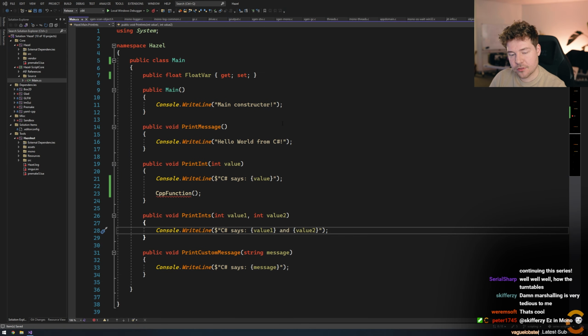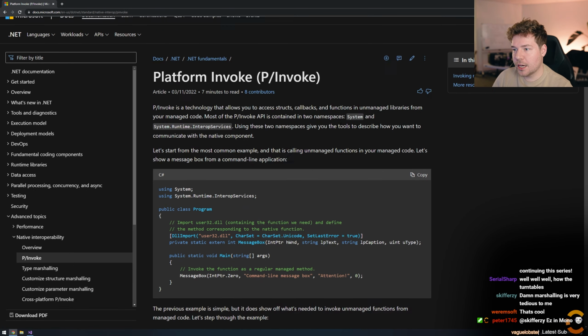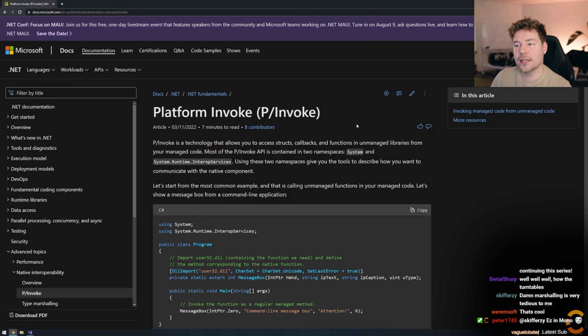Obviously though, for Hazel that doesn't really fit because we don't build Hazel as a DLL, nor do we really want to. Invoke is something that in general I think is great if you have a native library and you just want to add that to an existing C# application or a significant existing C# platform.